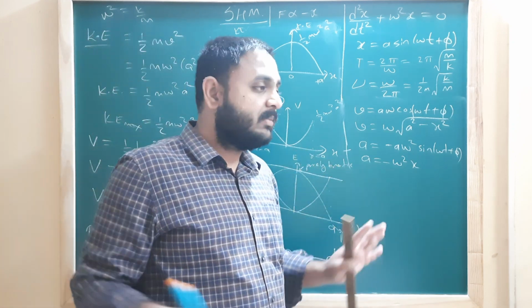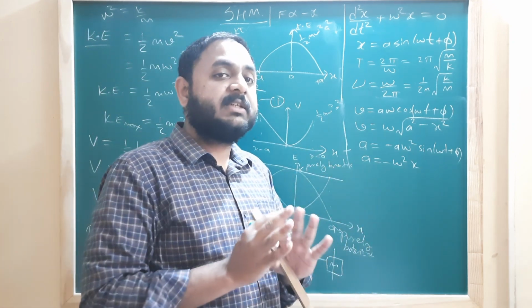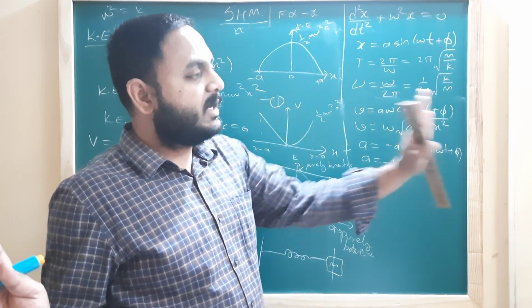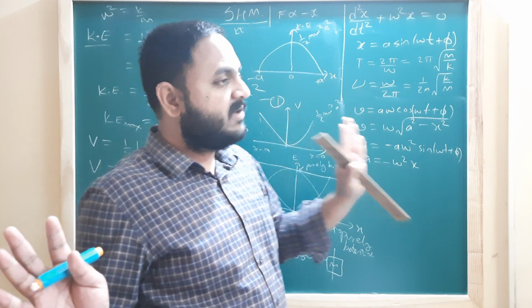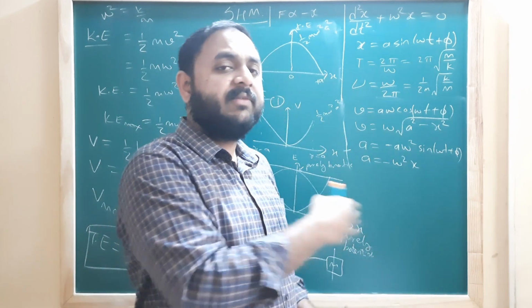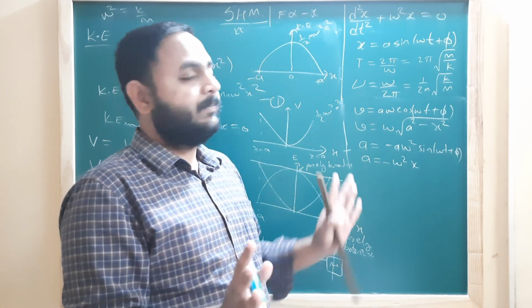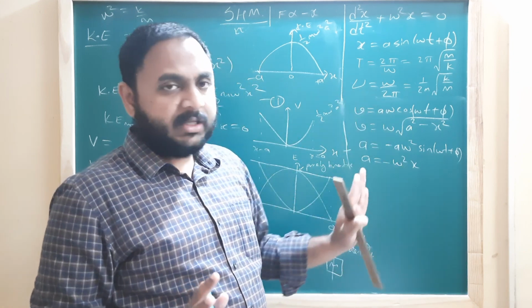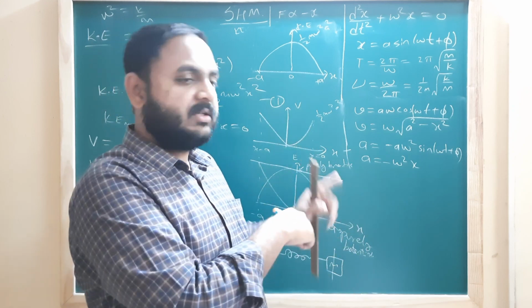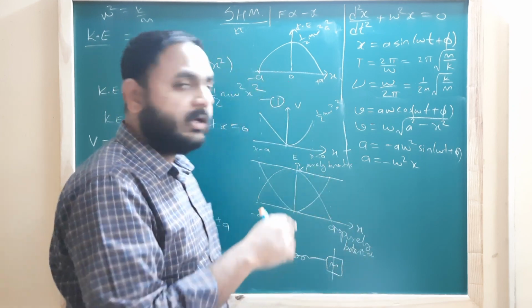Free oscillations मतलब it is placed in a medium which has no dissipative forces in, nothing to oppose its motion. Initially आपने जितनी energy दी, let's say मैंने उसको 5 joules से displace किया. I gave it an energy of 5 joules. ये 5 joules continuously conserved होगी. 5 joules potential energy. थोड़ी देर बाद 5 joules gets converted to kinetic energy. After some time it gets to potential energy, and this continues on and on and on.